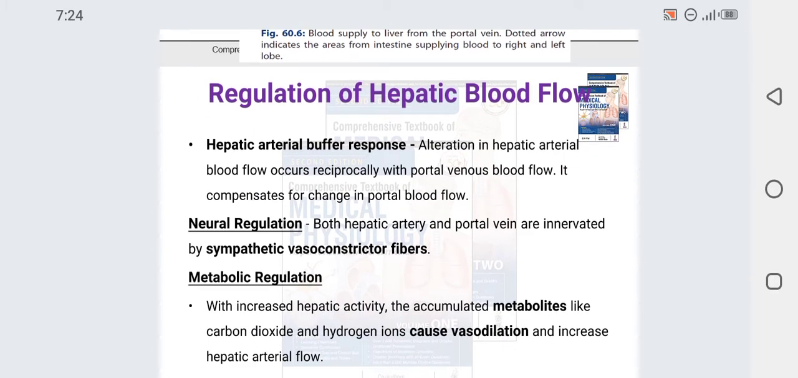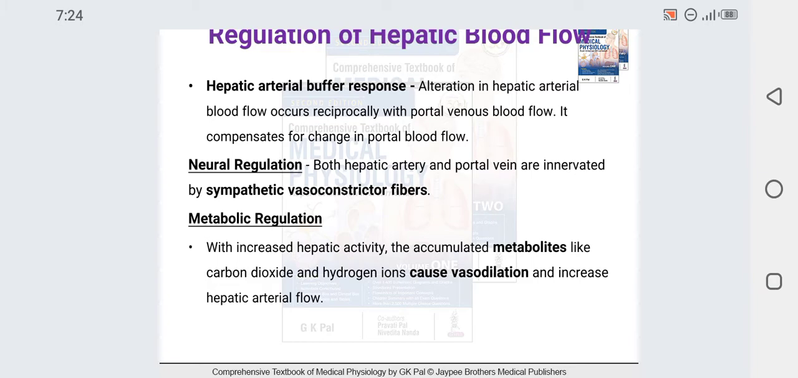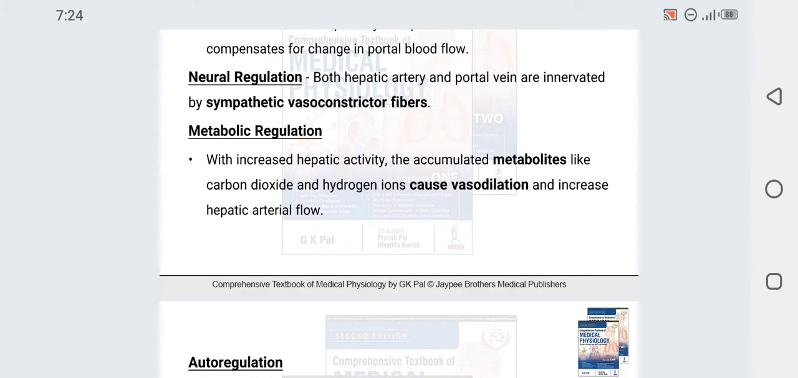Come to the regulation of hepatic blood flow. Regulation is by four methods: first, neural regulation, metabolic regulation, autoregulation, and regulation by the intestinal activity. First, both the hepatic artery and the portal vein are innervated by sympathetic vasoconstrictor fibers. Metabolic regulation: with increased hepatic activity, the accumulated metabolites like carbon dioxide and hydrogen ion cause vasodilatation and increase